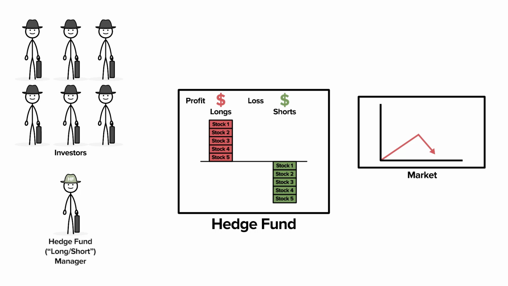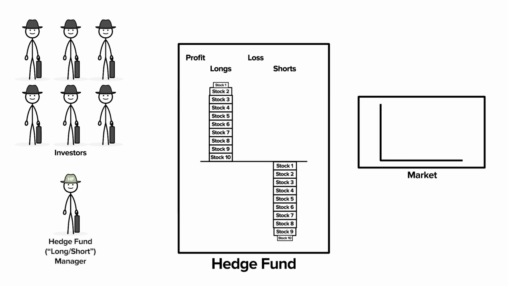This clearly wouldn't be a great strategy though, because the longs and shorts cancel each other out. In real life, hedge funds typically invest in far more than just 5 securities. Also, they don't go long and short the same stocks. Instead, they go long stocks they believe are undervalued and short stocks they believe are overvalued. On average, as the market swings up and down, the overall portfolio will experience less volatility because the larger number of securities in the portfolio approximate the average of the market. But if the fund manager is right and the individual stocks revert to their true value over time, the fund manager generates a profit. The aim is to get the best of both worlds. You generate returns, but with limited volatility.